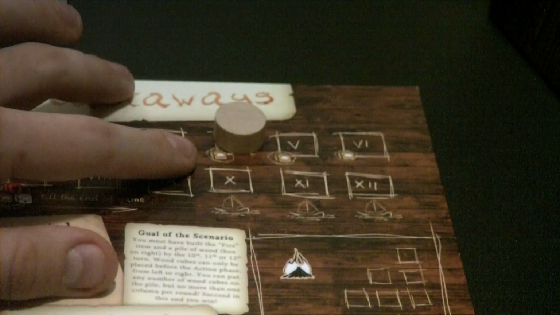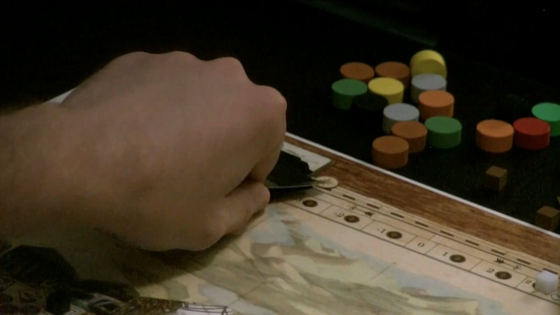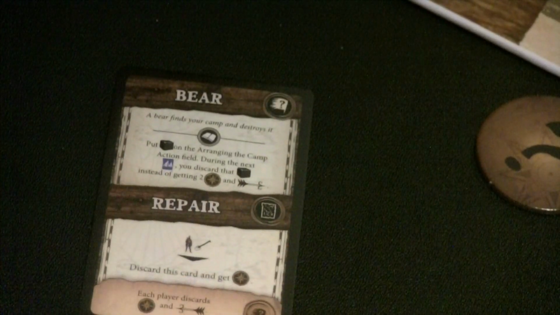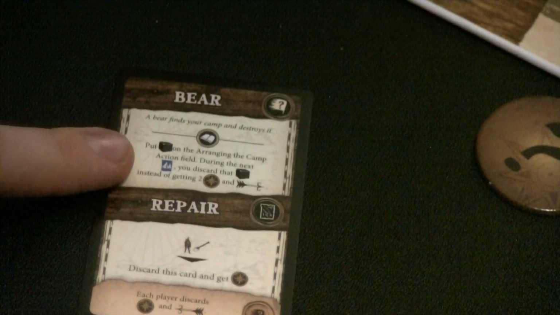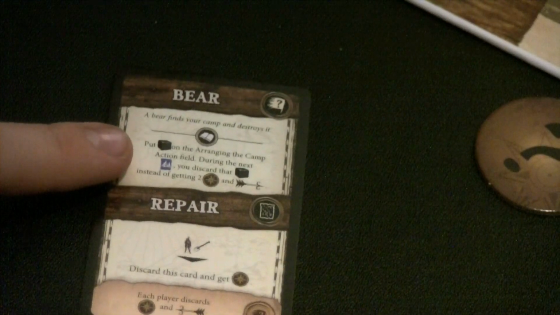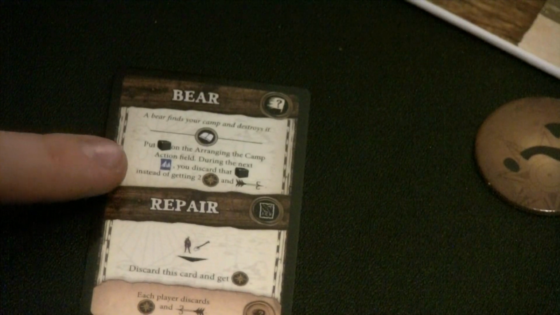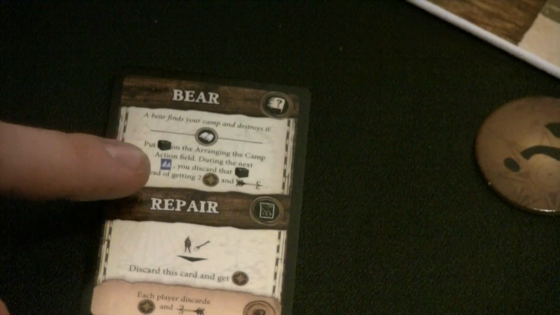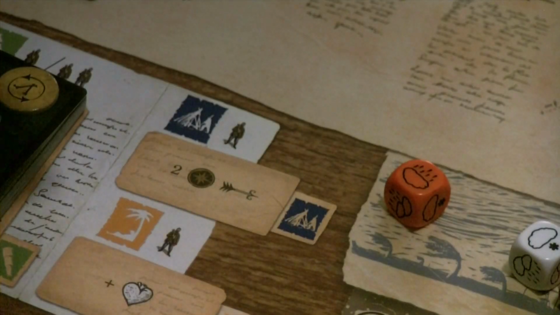the 4th round. As I mentioned earlier, in the weather phase, we're going to have to roll that orange die, so hopefully that's not too bad for us. Now let's draw an event card. We came upon a bear. A bear finds your camp and destroys it. Put a black cube on the arranging the camp action field. During the next arranging the camp, you discard that black cube instead of getting +2 determination and morale. So that's actually not too bad. As I said before, that's not the worst thing that could have happened to us, so I can live with